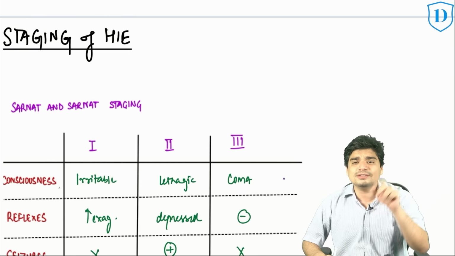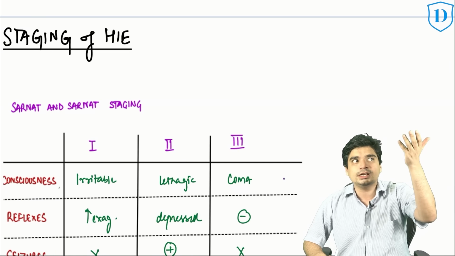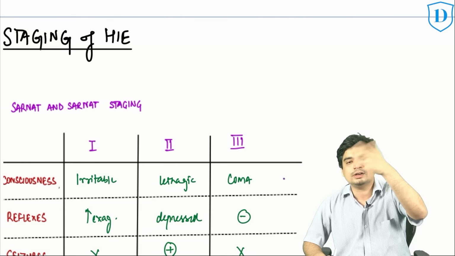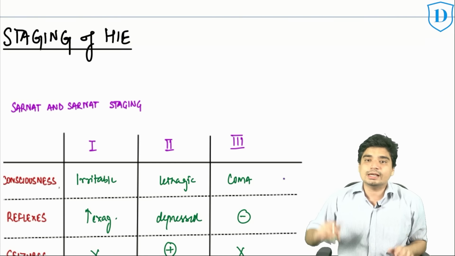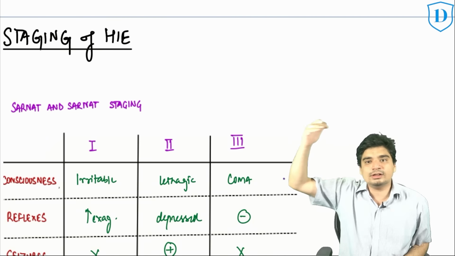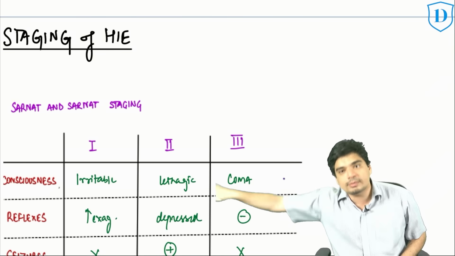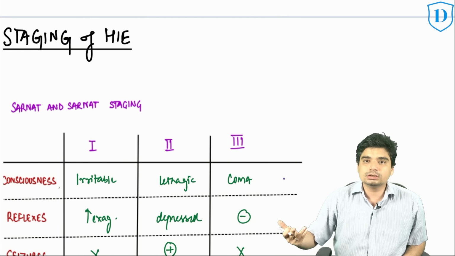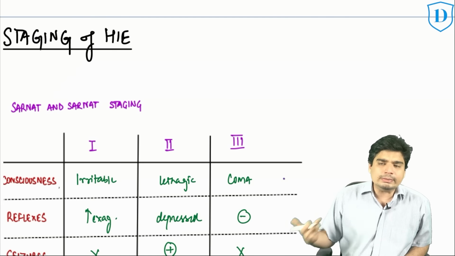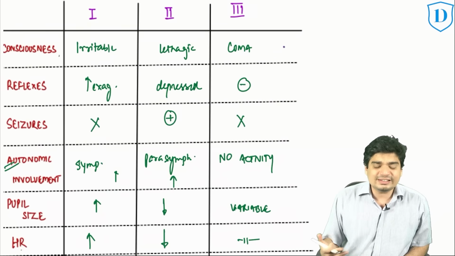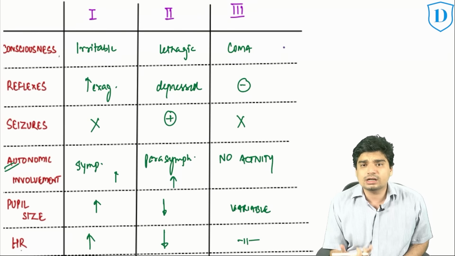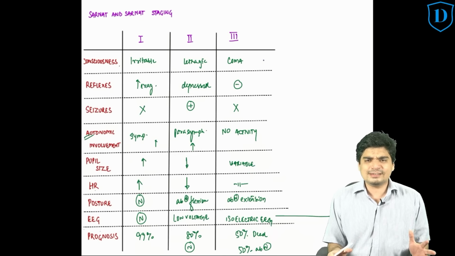The only thing you need to know is autonomic involvement. Stage 1, sympathetic overactivity. Stage 2, parasympathetic overactivity. Stage 3, brain dead, no activity. Everything will be high in stage 1, everything will be low in stage 2, and there will be nothing in stage 3. That's it. If you try to rote memorize all this stuff, obviously it will get tougher. On the exam day, you might forget. But if you just remember this basic concept,